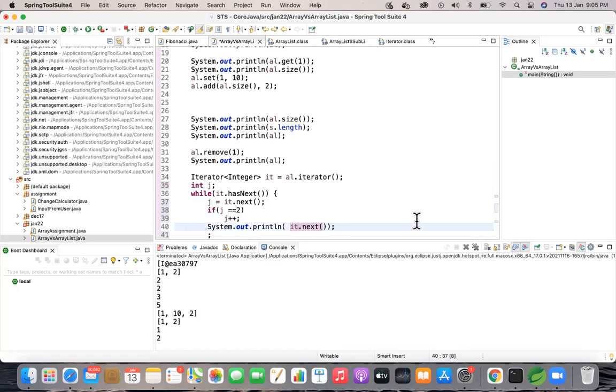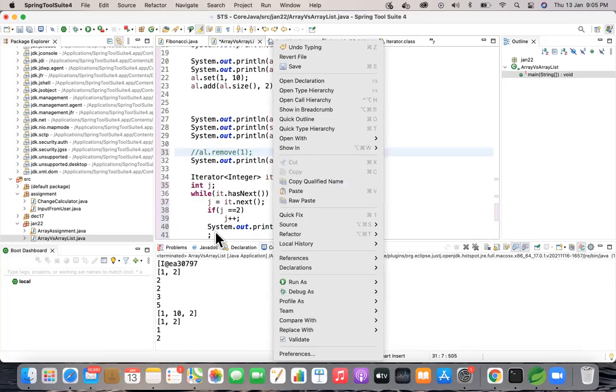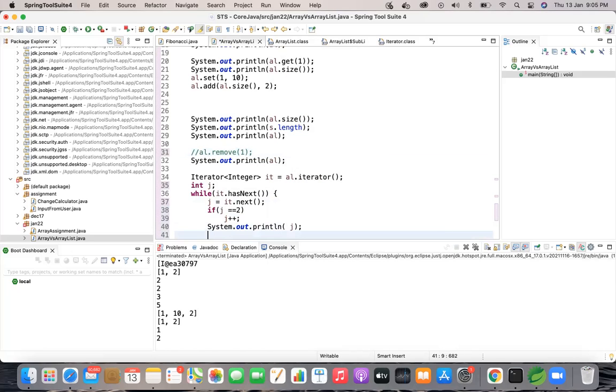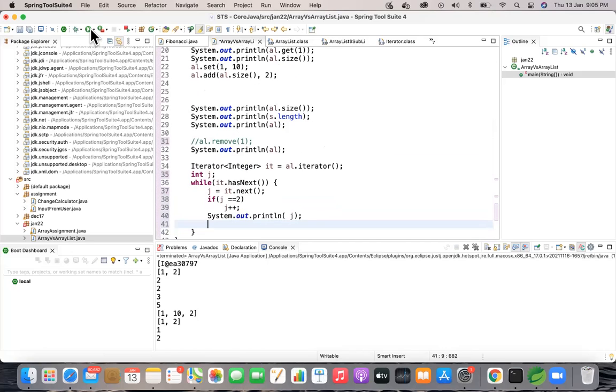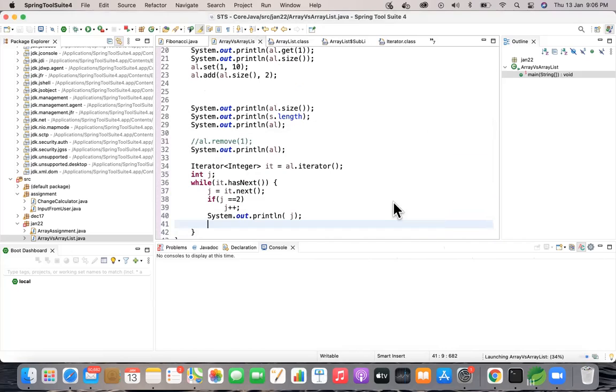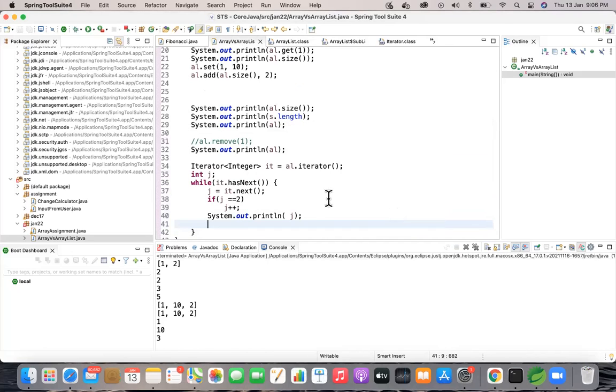Okay, so we are not updating the ArrayList, but we are just printing it with an incremented value. Yeah. So whenever you want to do your own type of logic based on a few conditions, you can do it this way. So on your traversal, you can add your condition. I think there's an extra semicolon on line number 41. Yeah, you can run it. So what happened right now is only if my value is 2, when I'm retrieving that, I incremented the value and it is getting printed as 3.